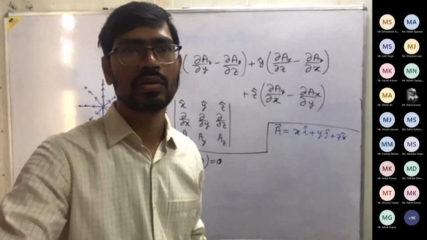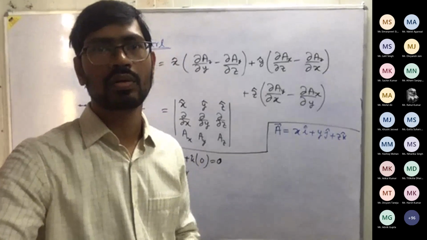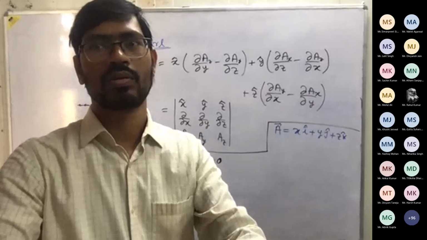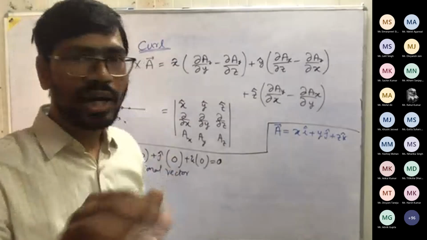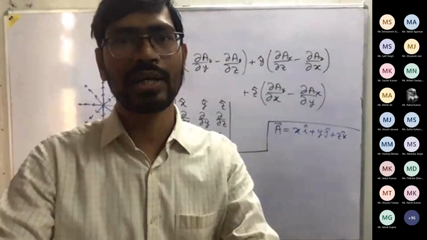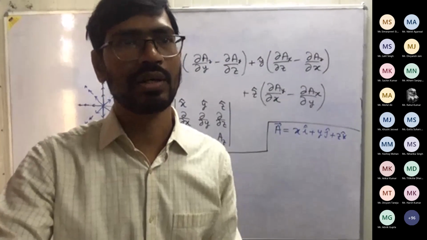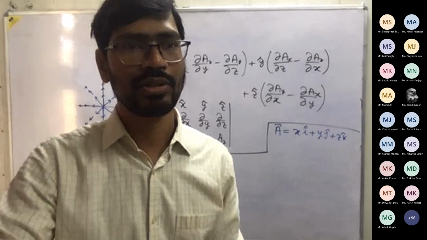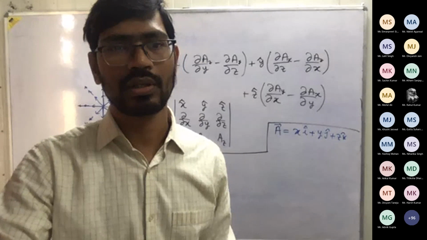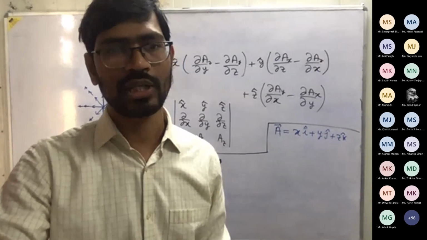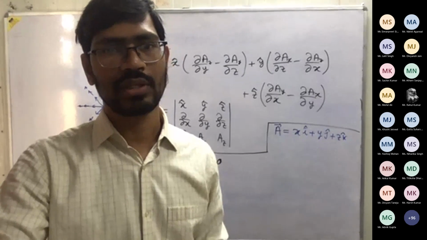This represents a curl. Do we have a proof why this formula represents a curl? Is there a proof for that? I can give a proof, but not today, because that requires integral theorem. So wait, tomorrow I'll discuss one integral theorem, and then